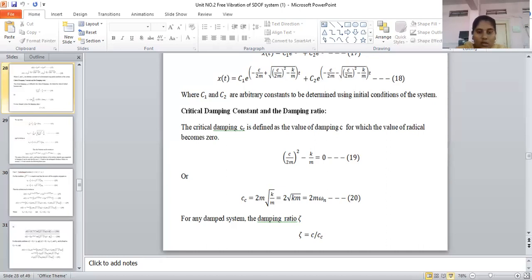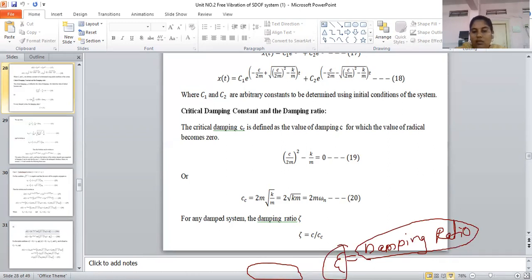So damping ratio is termed as zeta. So what is this zeta? Zeta is known as the damping ratio. You should understand damping ratio means the damping ratio in terms of zeta, and directly you can write the formula as C by Cc, where C is the damping coefficient, which we already know, divided by Cc, that is the critical damping. Okay, C is nothing but the damping coefficient, and Cc is nothing but the critical damping.